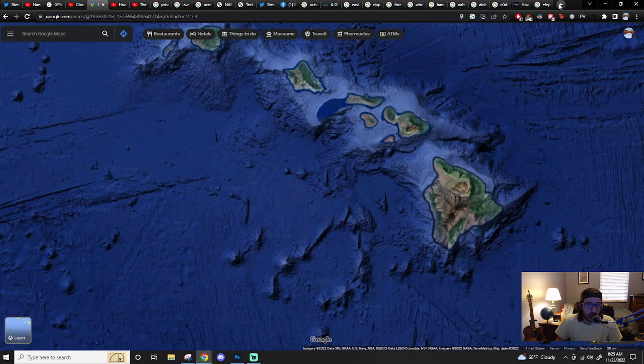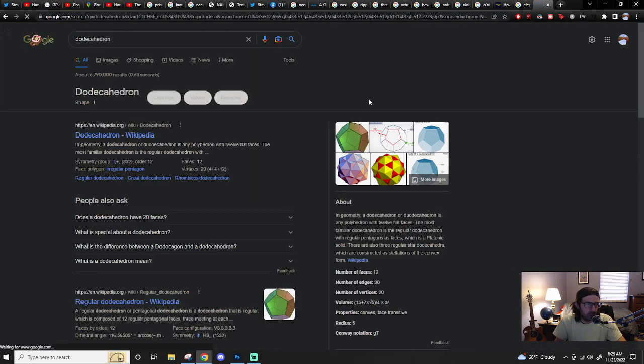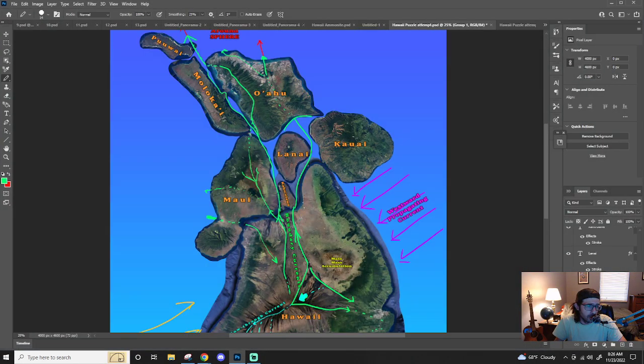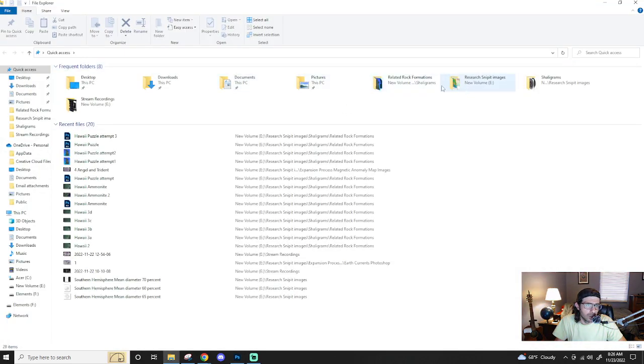Let me look it up, since I don't know with certainty. Yeah, something like that. Generally, any polyhedron with 12 flat faces. Something of that nature formed initially, because initially when this was happening, when these two currents were colliding, really what was happening was it was underneath